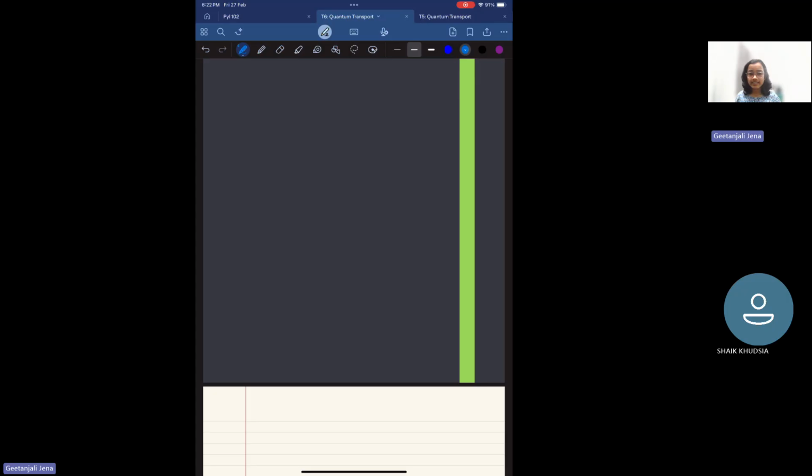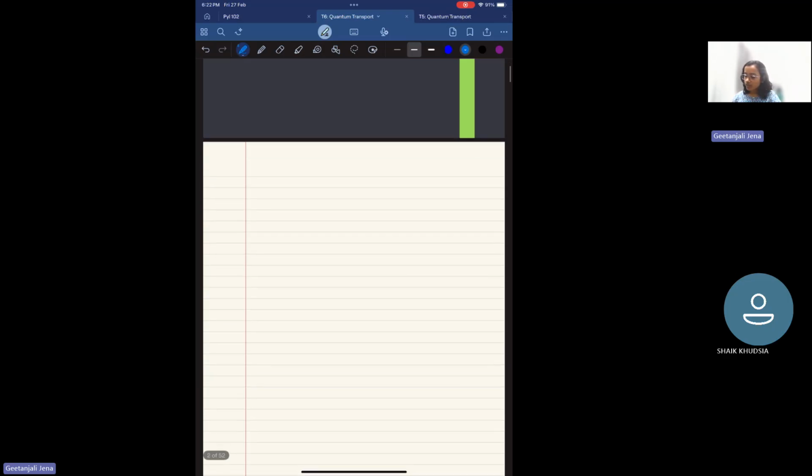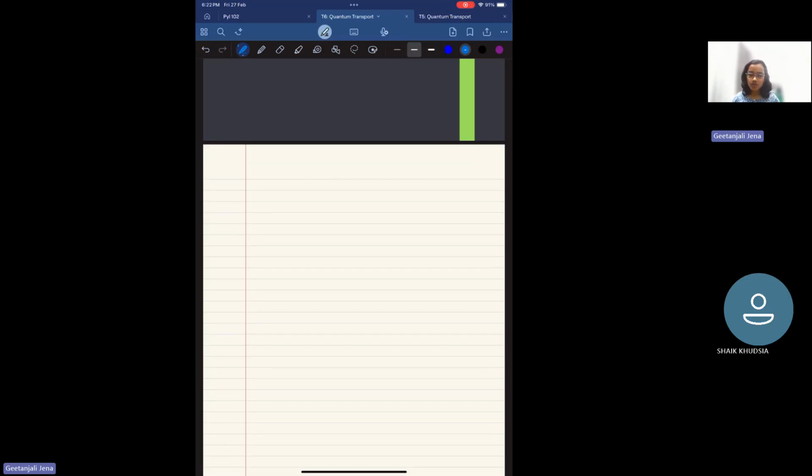So for week 6, we saw what happens to the device when we consider the quantum ballistic regime. One example of transport in the quantum ballistic regime is quantum point contacts. We have seen two types of contact. One is the quantum point contact for a 2D semiconductor electron gas. And the other is for metal, which is the atomic point contact.